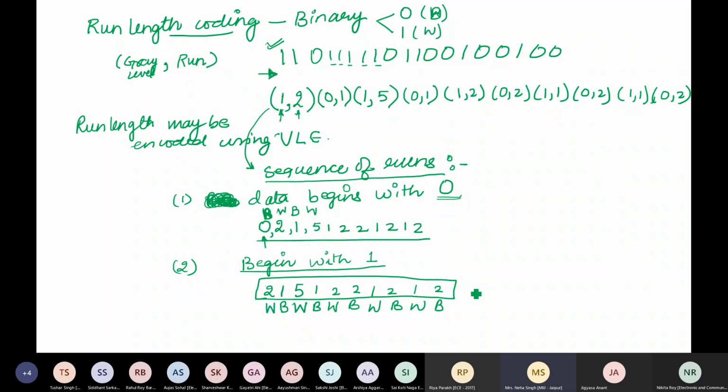Now I have 3 symbols used here and 4 symbols used here. Symbols in the sense 4 values for the count: 0, 2, 1 and 5. Here only 2, 1 and 5. I cannot have a 0 in the middle, because if I have continuous ones here, I'll specify it as a single run. So nowhere in the middle can I have value equal to 0, right?